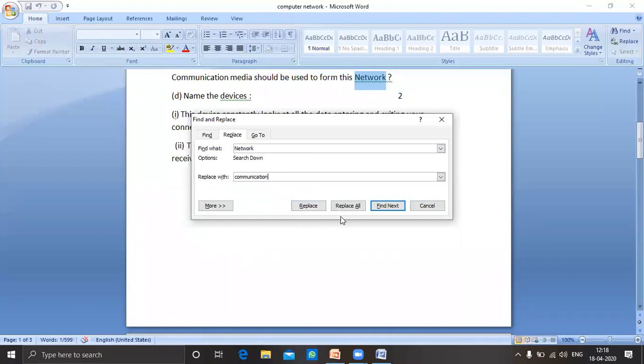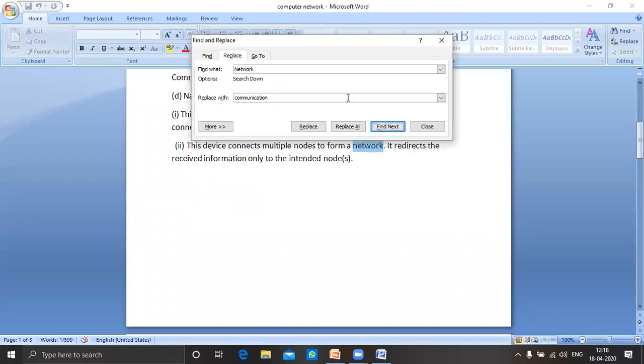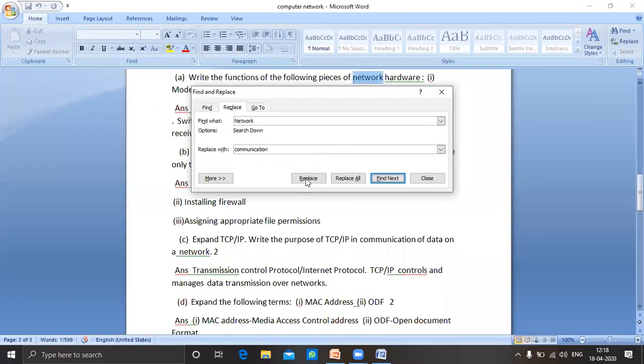So if you want to replace all the places where the network word exists, you will click on replace all. And if you want some selected area where you want to apply the replace function, then you will do the replace one by one. Replace, third network replace, and if you want, then you will click on close.